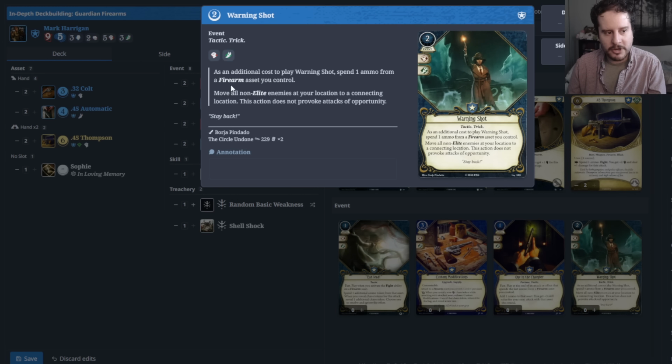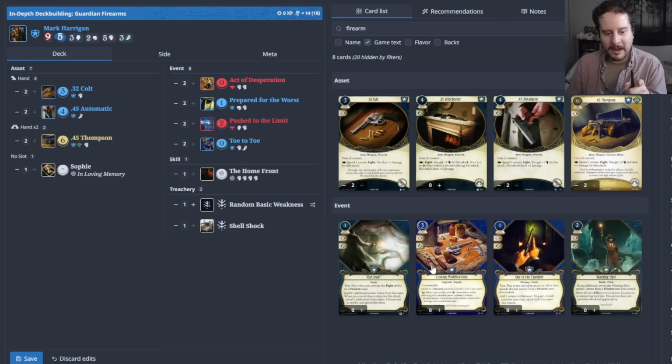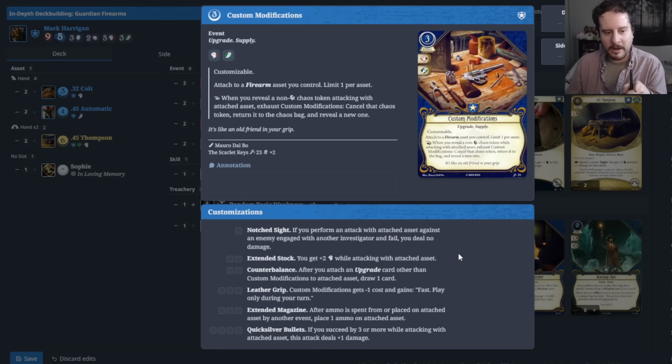It's also the same with Warning Shot. Cost to play Warning Shot, spend 1 ammo from a firearm asset, and move all non-elite enemies at your location to a connecting location. This action does not provoke attacks of opportunity. This card is not for this deck either, but this card is going to get a little bit of a glow up after Drowned City comes back. Believe you me, I think this card's actually going to start being kind of sick coming up here, but not right now. Our next two are Custom Modifications, which is a customizable card